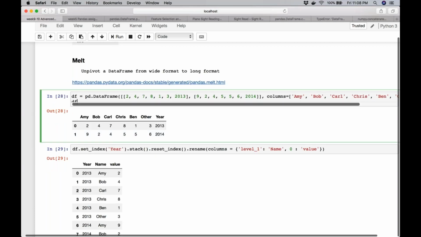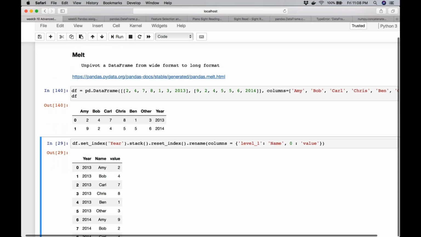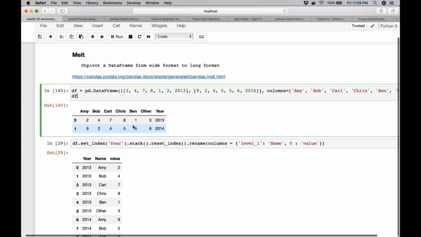Okay, this should be easier, I'm hoping, because we already understood the concept. So now we have the data in this structure. So let's say I have the names of various people, and don't ask me what that means. And then there is a corresponding year, right? But what I want really is just 3 columns: the year, the names, and the corresponding values, which is exact opposite of what we did earlier, right? So how can we achieve that?